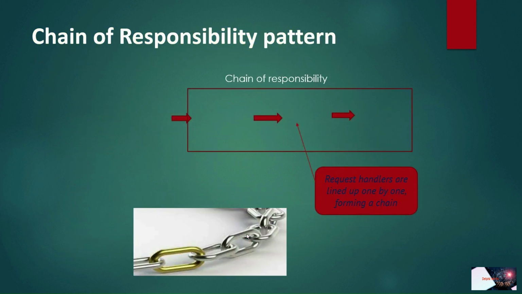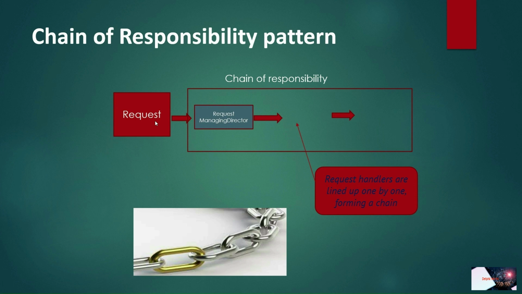So here I have just created one graph. Here I have created the chain, showing how the request will come and how the objects will handle it. Suppose a request is coming, and this is the chain of responsibility, right? These are the objects, and once the request comes, it will go to the managing director. If the managing director is able to handle the request, right? Suppose something is coming for approval in an industry